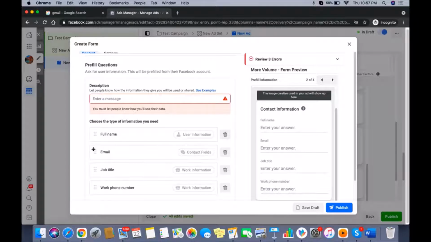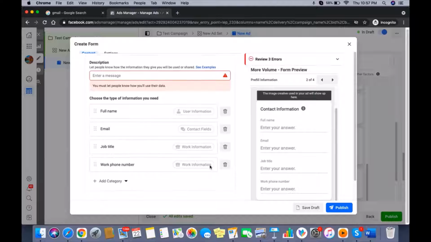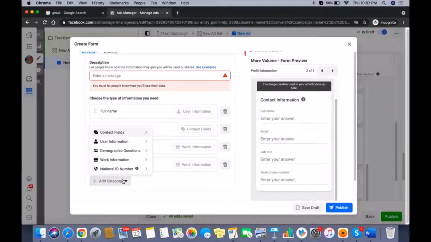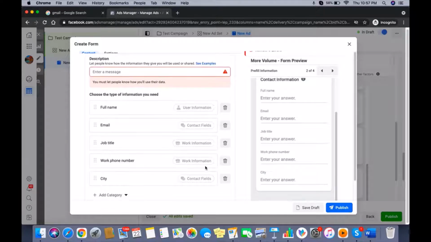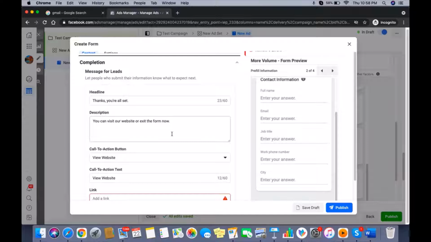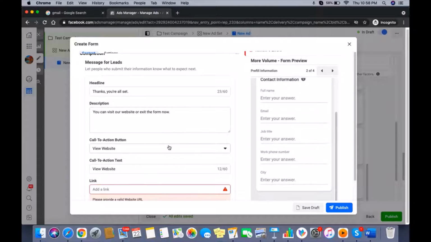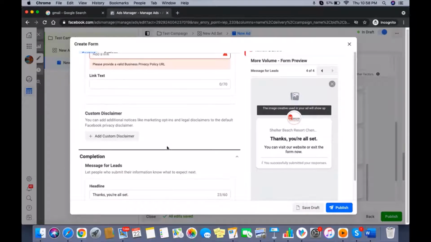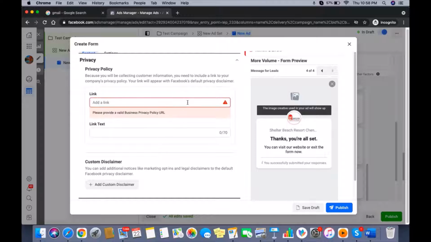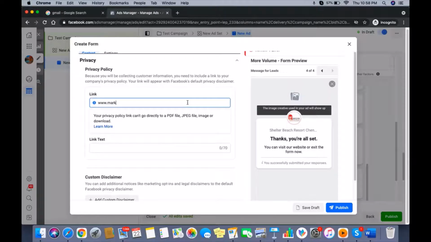So: full name, email, job title, phone number, and if you want, you can add city as well. I'm just showing you an example, so you can customize it for your business.